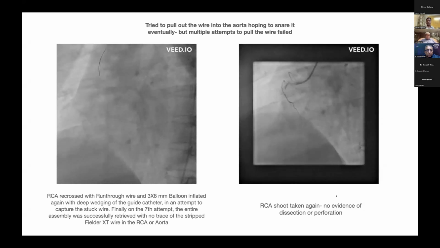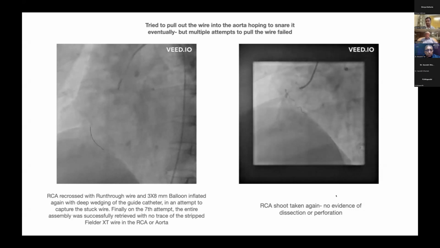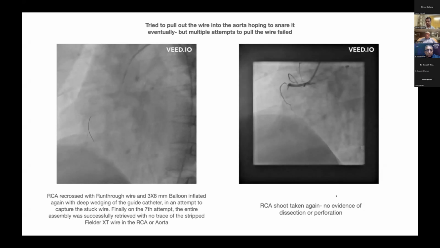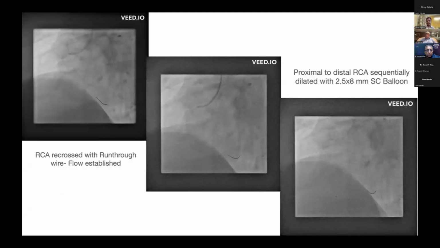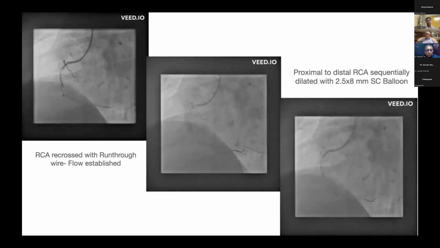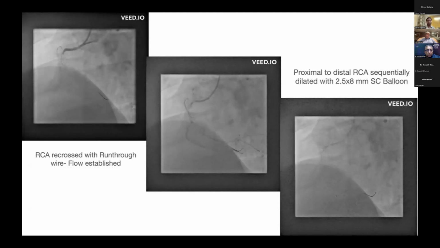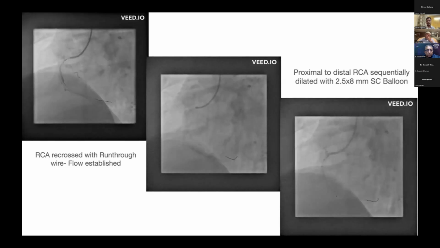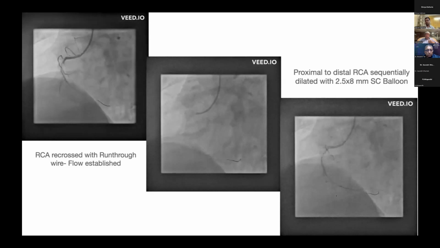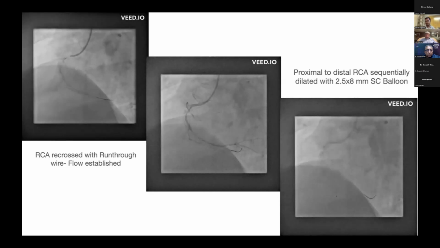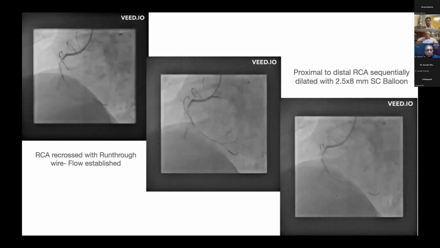We used another JR, and then we took a subsequent shoot where we can see that there is no dissection or perforation inside the RCA, and then subsequently it was like a regular PTCA because the run-through wire had already crossed twice. So this time the run-through wire had no difficulty, it crossed smoothly. Then we sequentially dilated the RCA with a 2.5 x 8 semi-compliant balloon from proximal to distal RCA, and